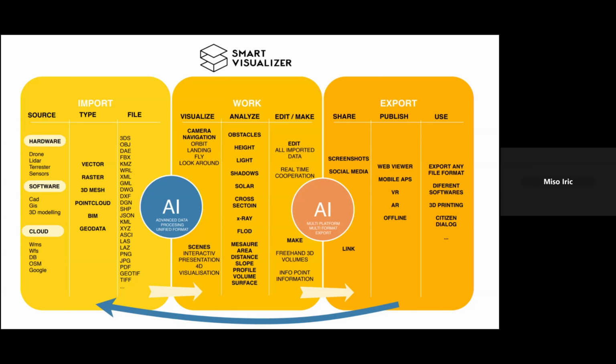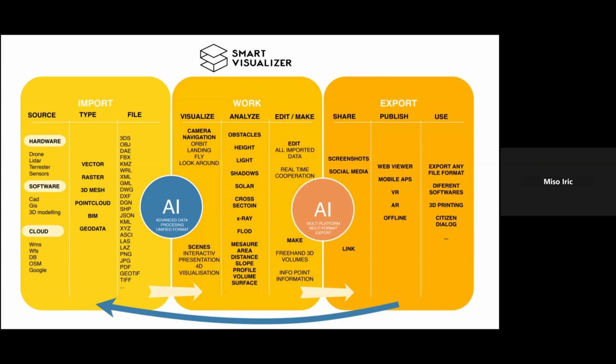So you are able to visualize processes, you're able to visualize different solutions or different suggestions, for example, different data suggestions in the decision-making process. Then we also have different tools for analysis, obstacle analysis, for example, in a city, or for 4G, 5G masts in telecommunication. Dynamic height analysis to visualize different heights in the terrain, for example. Dynamic lights from different sources, can be shadows, it can be the sun, it can also be city lights.